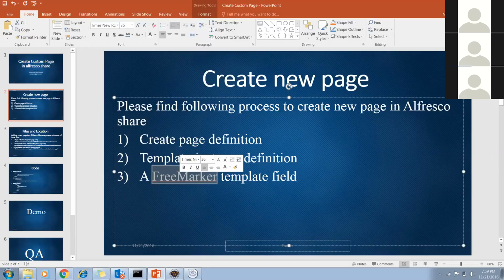Through that script, you will call the backend, the backend will give you the data, and you can display that data on the UI. So FreeMarker is used for templating purposes.